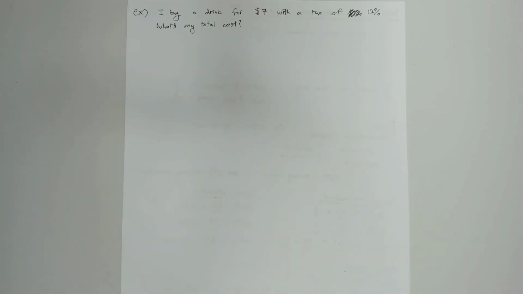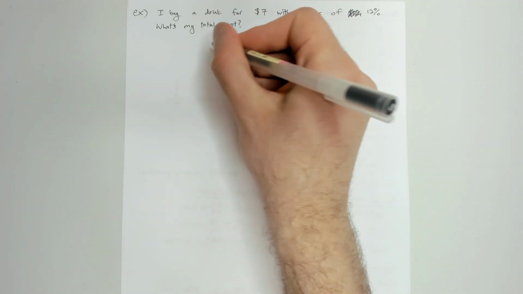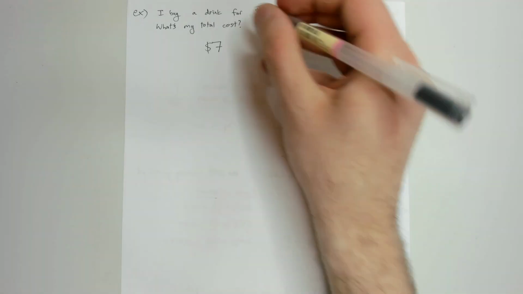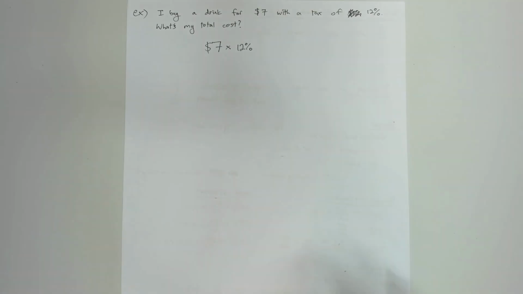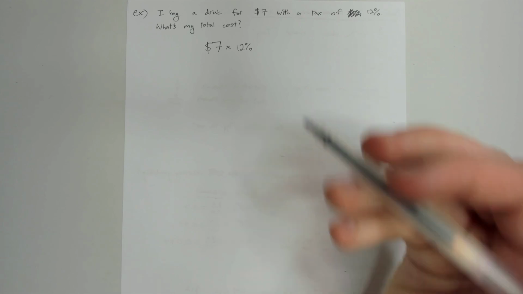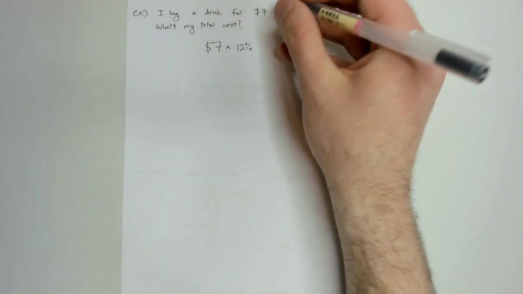All right, so let's say I buy a drink for $7 and it has a tax on it of 12%. So what's my total cost? So the idea with tax is that you take the $7 and then you're going to multiply it by this 12%. And that's going to calculate basically how much extra you need to pay on top of this $7. That goes to things like funding the government. So if we have $7 times 12%,